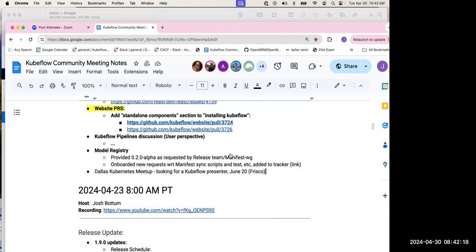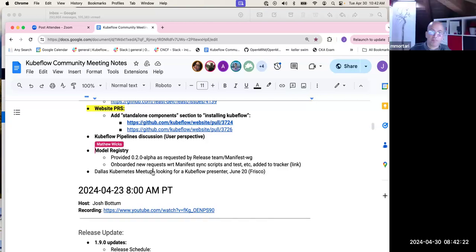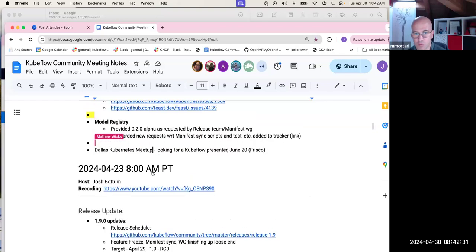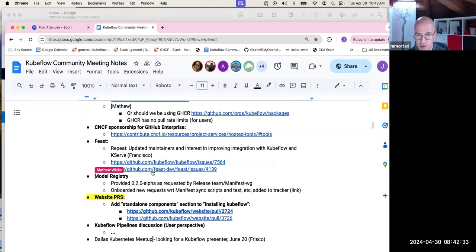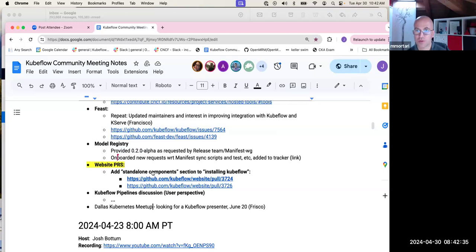Is there a model registry update? Yep. Josh, Matteo here from the Model Registry Working Group. Just a very quick update. I just wanted to follow up on the request from the release team. We provided the image 0.2.0 alpha as it was requested to start for the cutting of the release and the